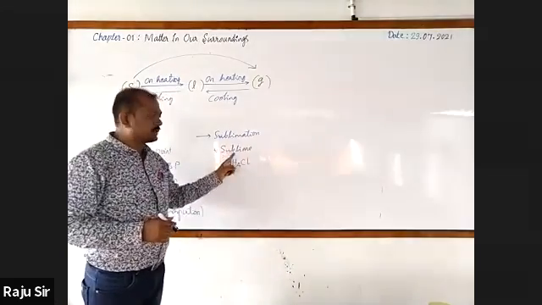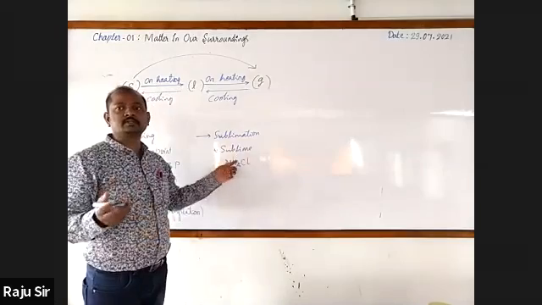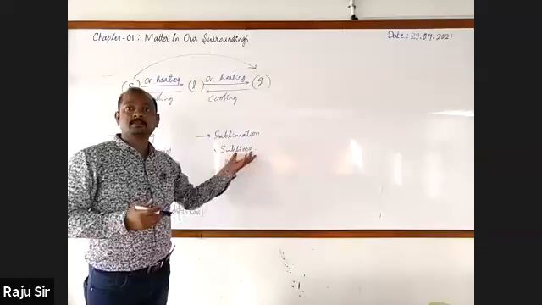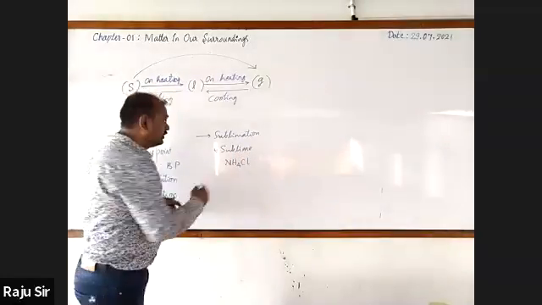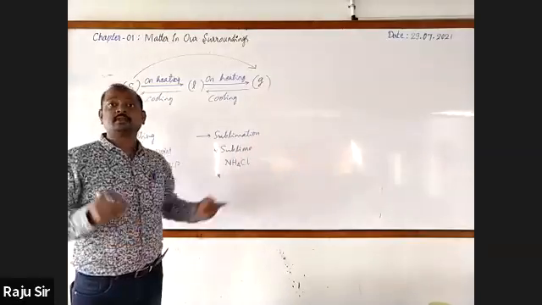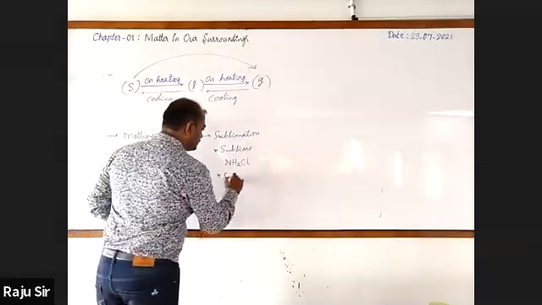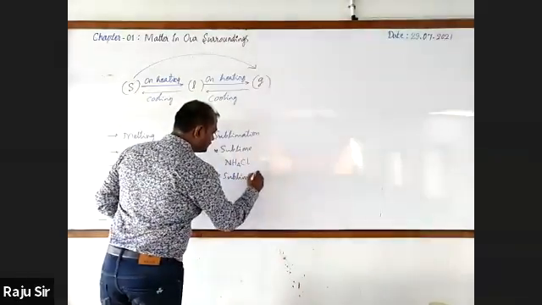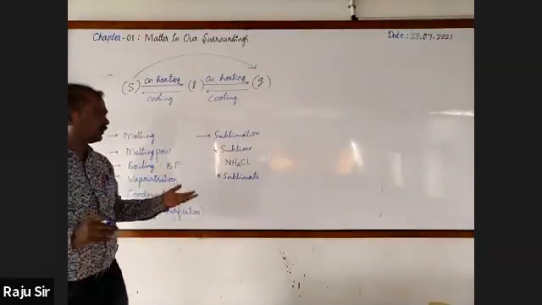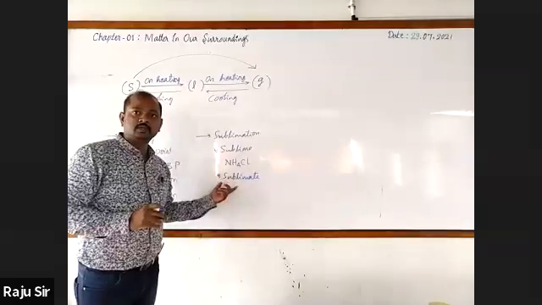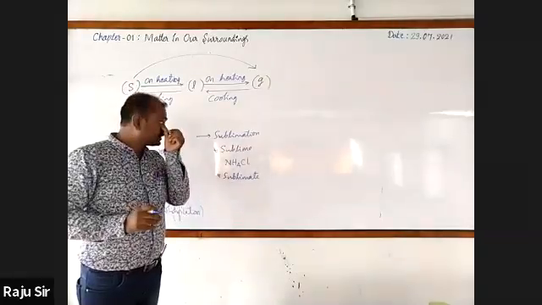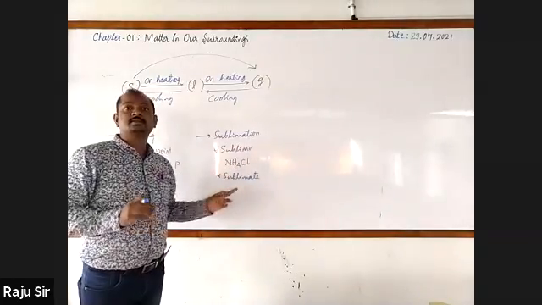Observe it. The chemical substance which undergoes sublimation is called sublime. And the substance which is obtained as a result of sublimation is called sublimate. We have an activity with respect to that. Later I'll go for explaining. Did you understand this?